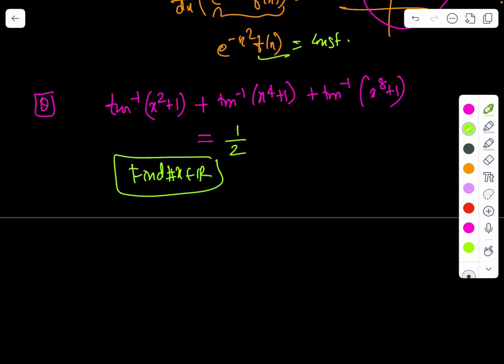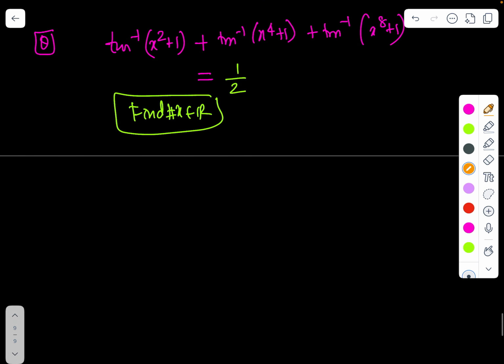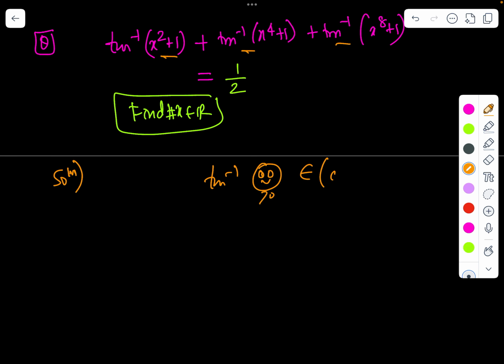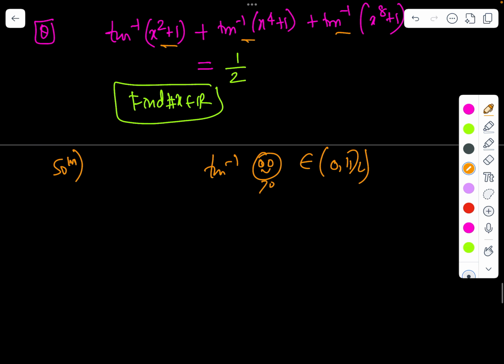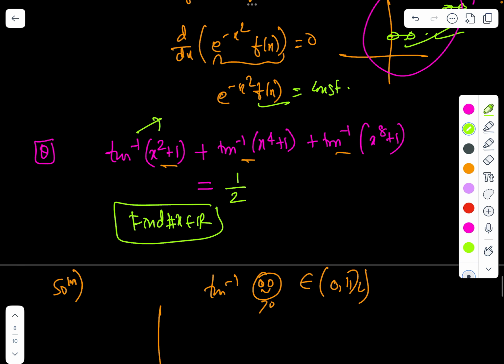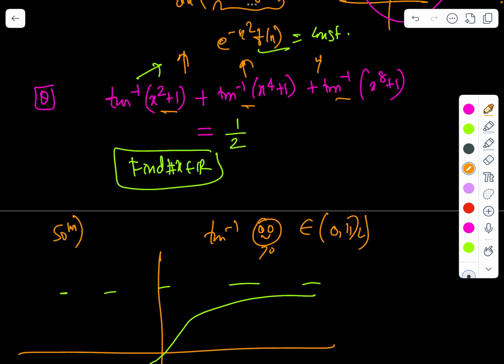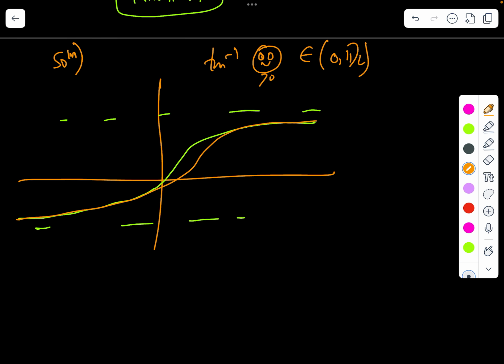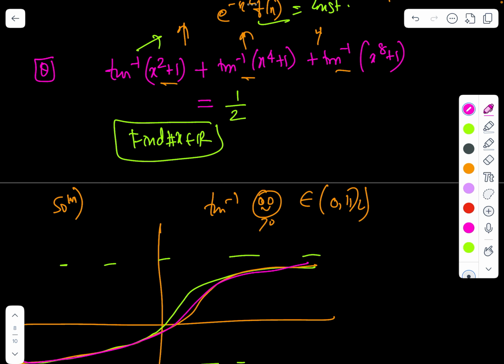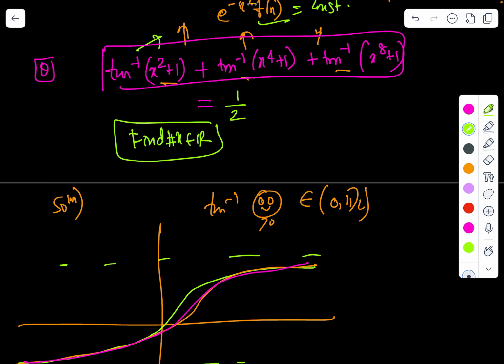So one way of doing this problem will definitely be like, I can start with the tan inverse a plus tan inverse b formula. And since all of them are positive, remember tan inverse of something positive will belong to 0 to pi by 2. But it can be done in a really cool way, because you can see all these functions are strictly increasing. Tan inverse is a strictly increasing function. If I were to graph like this, the sum of increasing functions will definitely be increasing. So more or less the nature of the function is going to be this. Of course at infinity, if I graph this, it's going to be 3 pi by 2,